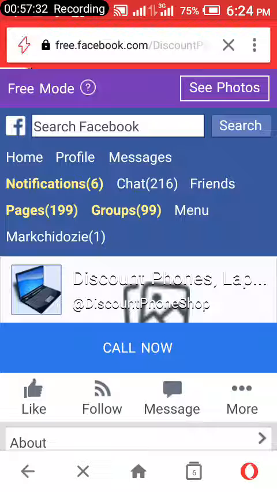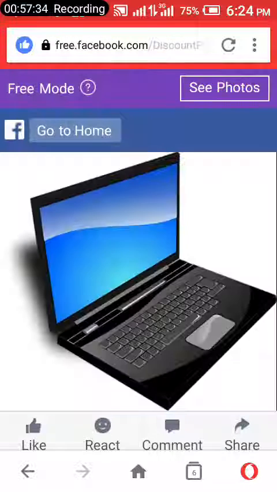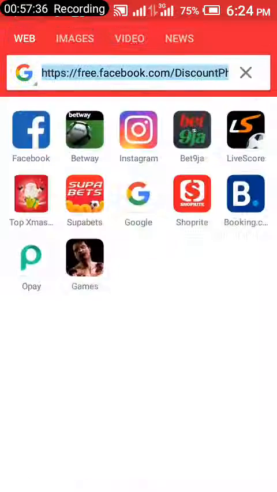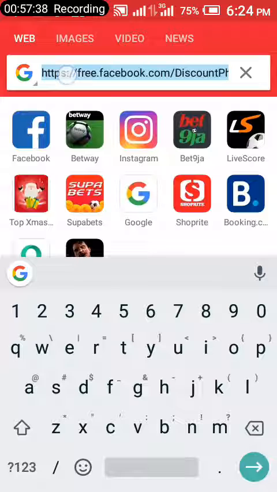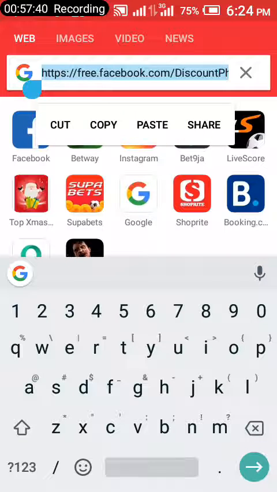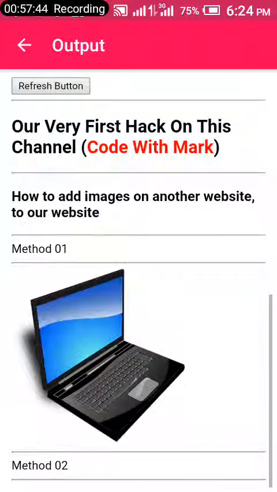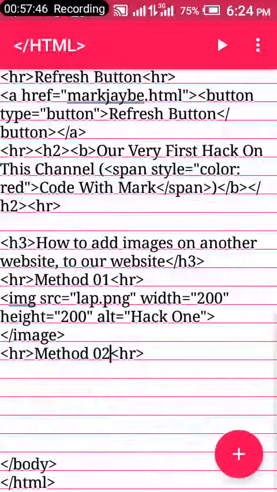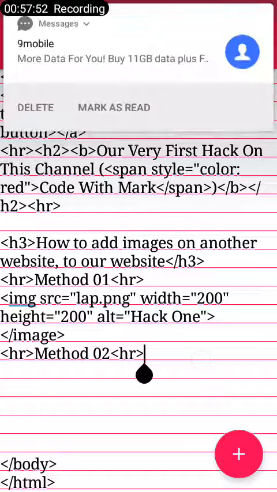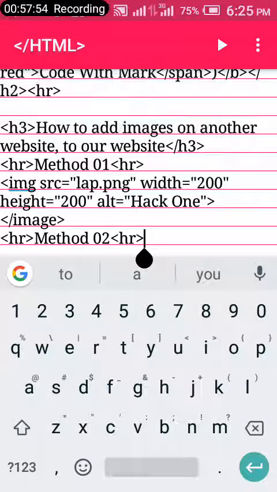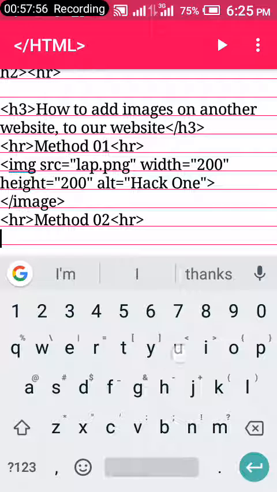Hit on the image you want, and then copy. Once you copy it, you come right here. I'm sorry, my voice is cracking. So right under this HR, you go, you say,